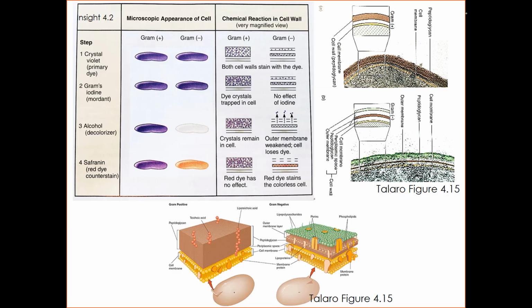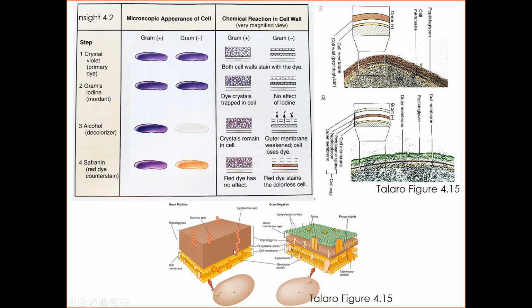The Gram stain, whether your organism is gram-positive or gram-negative, is going to stain differently. The process is add crystal violet. Crystal violet is a positive stain, so it's going to stain the cell envelope of both gram-positive and gram-negative cells at this point. Then we're going to add iodine. Iodine is the mordant. You can consider the mordant as mortar, like mortar of bricks, because it cements the crystal violet into the peptidoglycan of gram-positive cells.